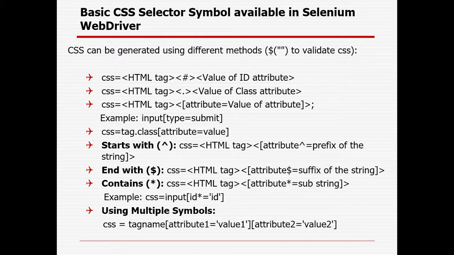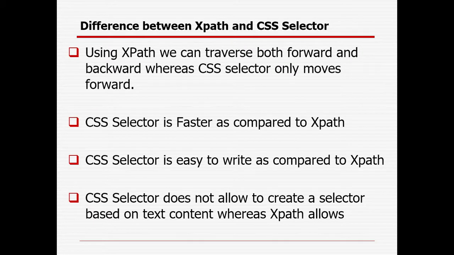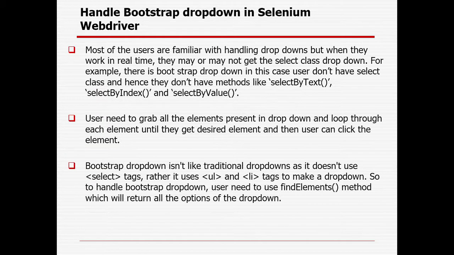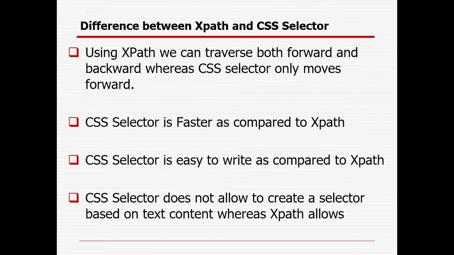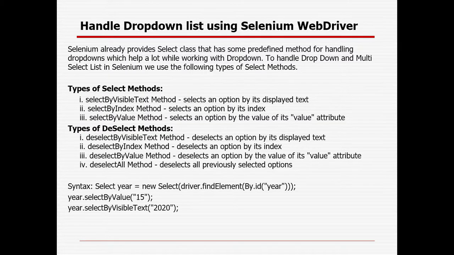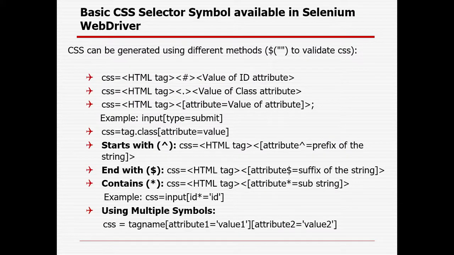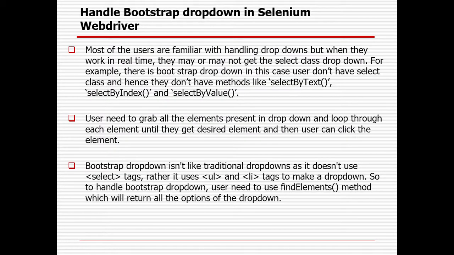In case you are not able to uniquely identify the element with the help of ID or name, class or other attribute. Okay. So the last one I will cover here is how to handle bootstrap drop down in Selenium WebDriver. In my first lectures, you already saw that when a drop down has a select tag, we use the Select class. But for some drop down options, the select tag will not be there. Then how will you identify the element and select that particular option?